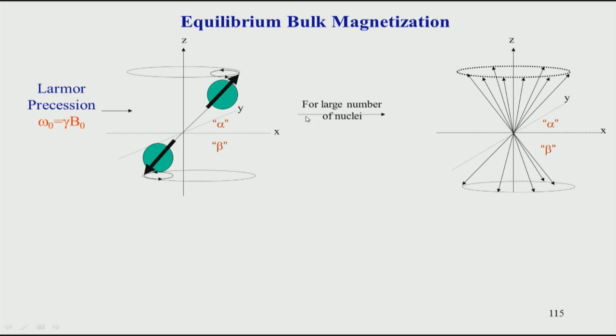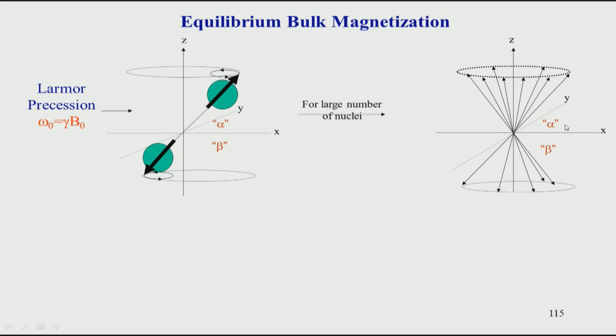So, if you now take a large number of nuclei, remember we do not deal with 1 or 2 nuclei or spins, we have a collection. For example, if you take 1 ml of water, you have a huge number of spins, and that 55 molar is the concentration. You can see they are represented like this. There are a large number of arrows which are spread over this magnetic field, and all of them are precessing. That is not shown here, but you have to keep in mind that all these spins are precessing or revolving around this magnetic field, but they are not together, they are distributed over this cone, and this is called the random phase approximation in NMR, which we saw in the previous classes.